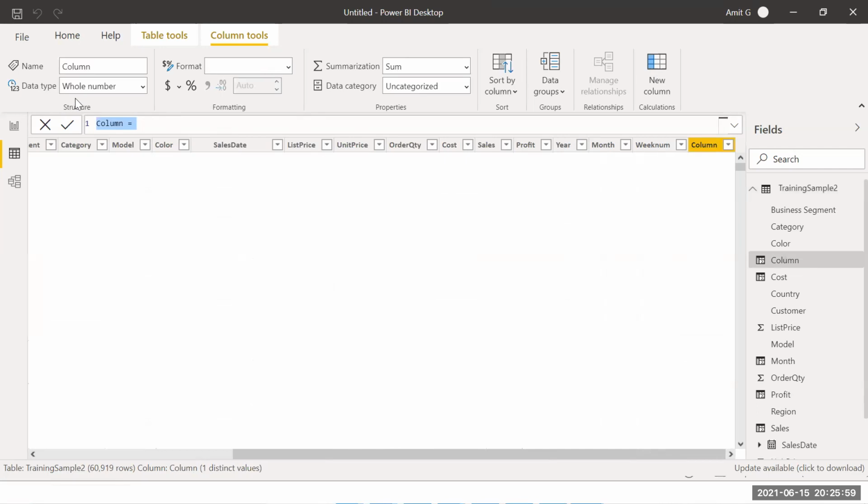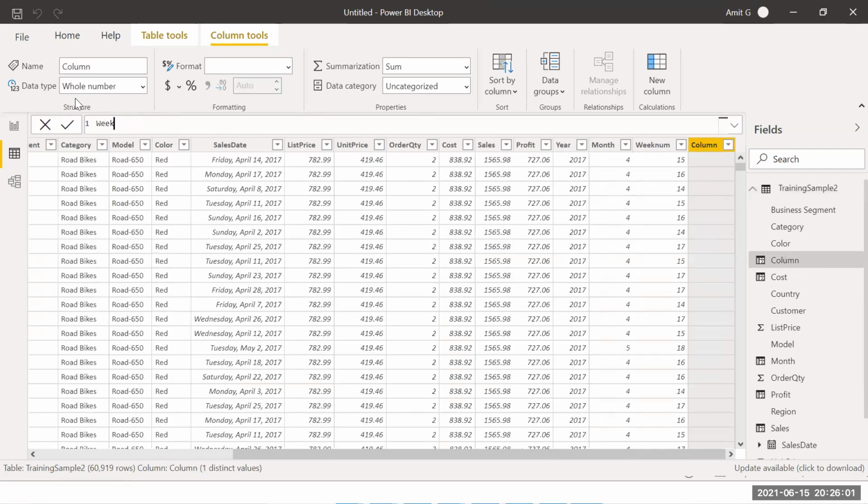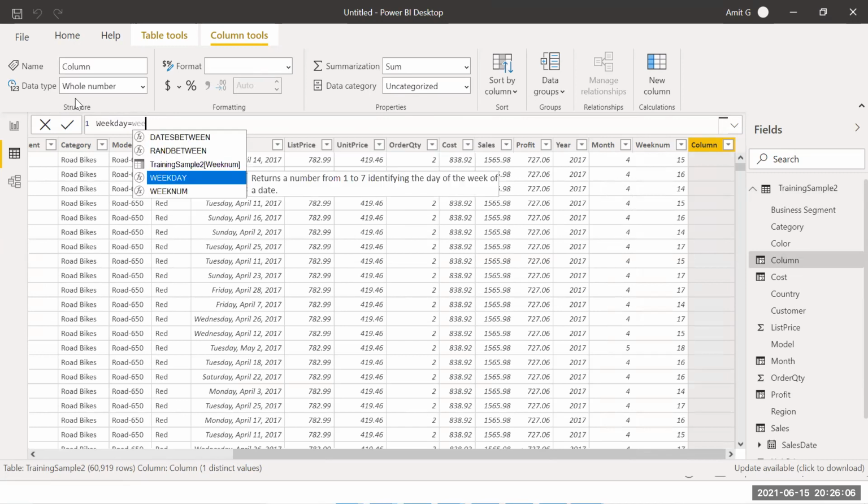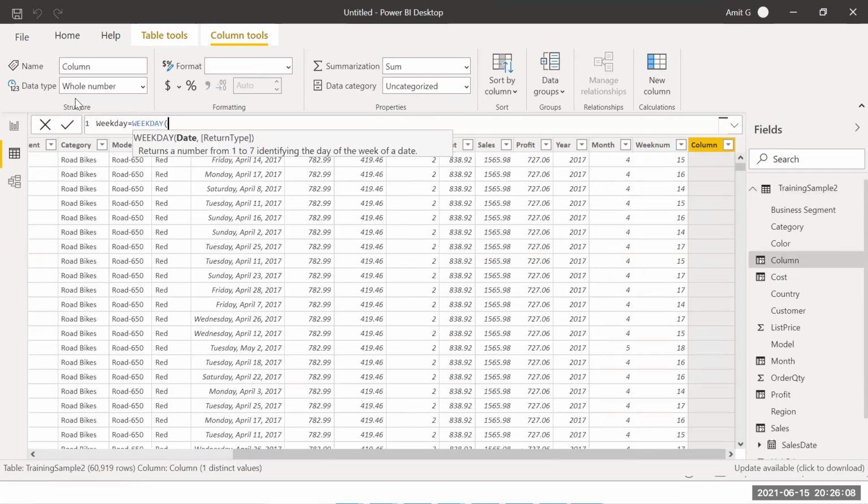It gives you certain inputs over here. So if you calculate weekday, weekday is equal to the weekday function, and the date is sales date, comma. Now it is asking how you want the numbering: Sunday through Saturday, 1 to 7, or Monday through Sunday, 1 to 7, or 0 to 6. Like Sunday will be 1 in this scenario. In this scenario, Monday will be 1. In this case, Monday will be 0, and likewise the day numbers will be given to you.